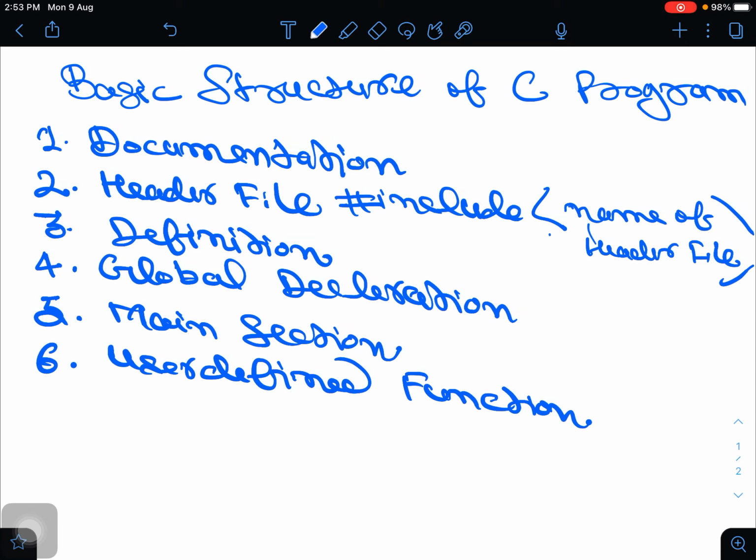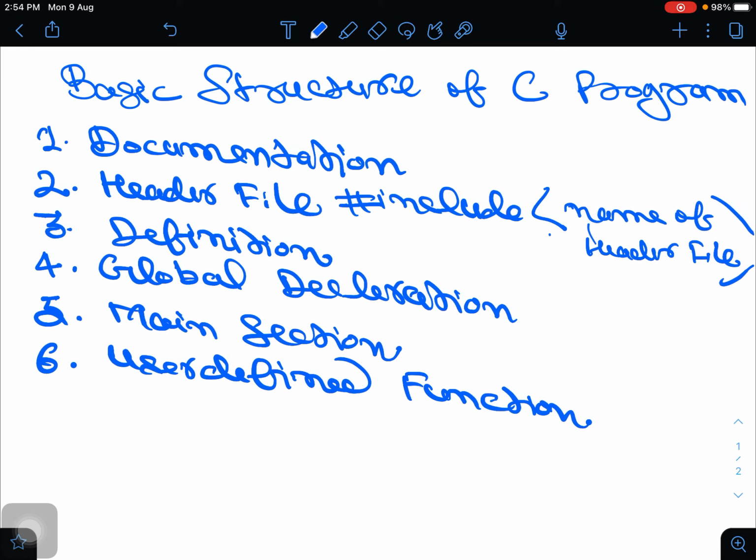Its basic use is to differentiate this particular line from the source code, meaning this is not a part of the source code. After this, left angle bracket, name of header file and right angle bracket.